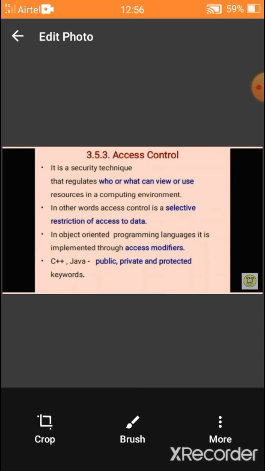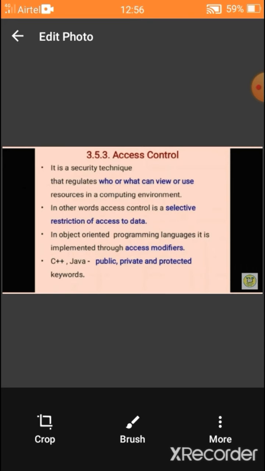Third point, in object-oriented programming languages, it is implemented through access modifiers. That is OOPS. C++ and Python are also known as object-oriented programming languages. So these access modifiers, private, public, protected, are called access modifiers.